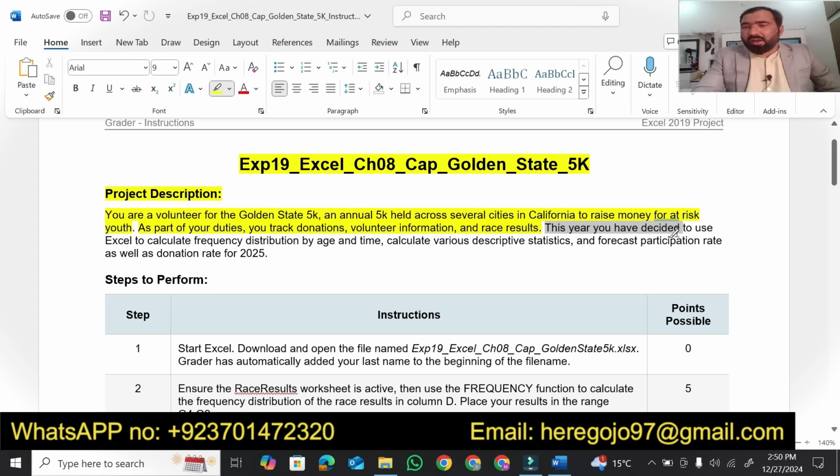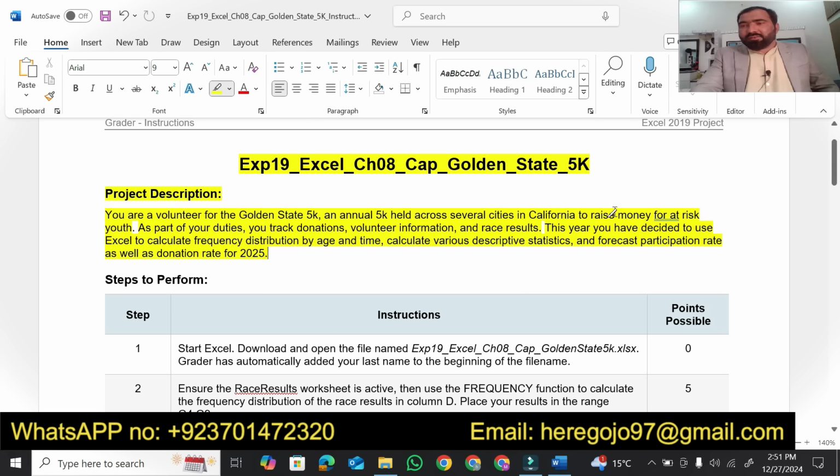This year, you have decided to use Excel to calculate frequency distribution by age and time, calculate various descriptive statistics, and forecast participation rate as well as donation rate for 2025. So that was the project description, what we have to do in today's project.